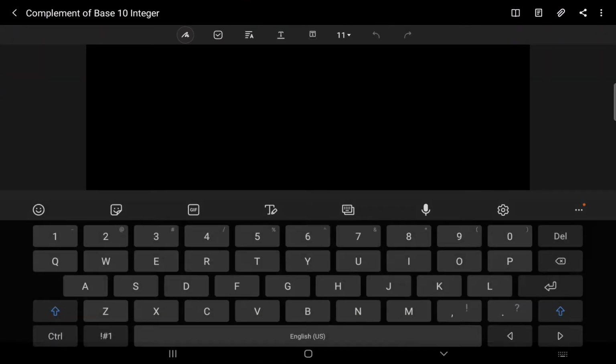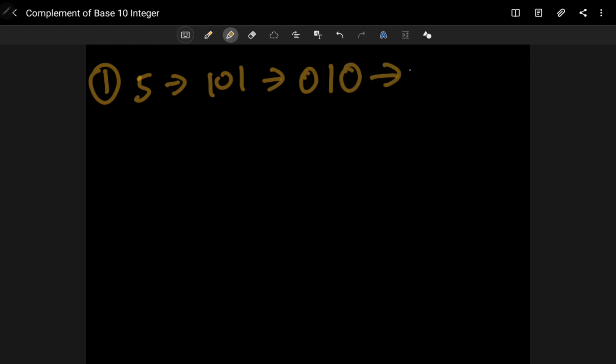So let's try to see how we can solve the same. Okay, so the first option is, suppose your number is 5, right? If we convert that to a binary number, it will be 101. Then we will flip the bits. The first bit, the leftmost bit, was 1, so we will flip it to 0. The second bit is 0, we will make it 1. Then the last bit was 1, we will make it 0. Then we will convert the same to a decimal number. After converting, it will be 2 only, right? So we need to return 2 at the end. Using this approach we can solve it.